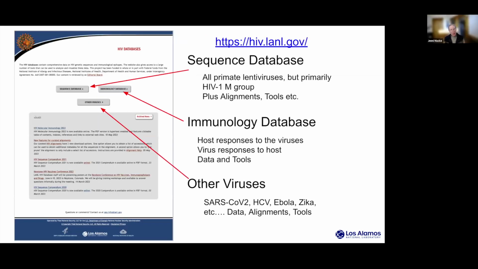So if you wanted to come to our sequence database to download some sequences, you would start from hiv.lanl.gov. This is the main entry page to our databases. You can choose to go to the sequence database or the immunology database. We also have some other virus databases that are built on some of the same software infrastructure. They are not as well annotated as our HIV resources, but they are there if you are working with those other types of viruses. So if you go to the sequence database,